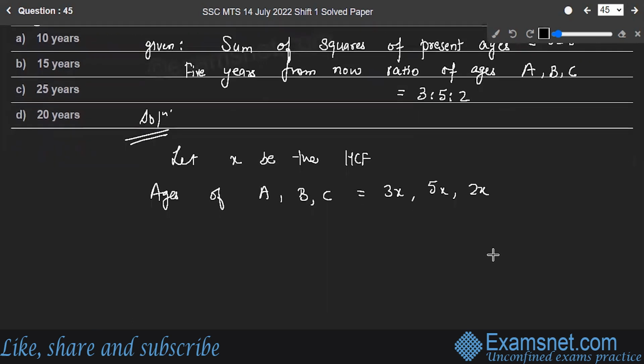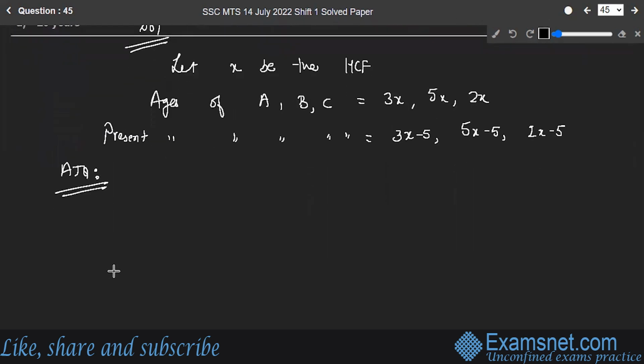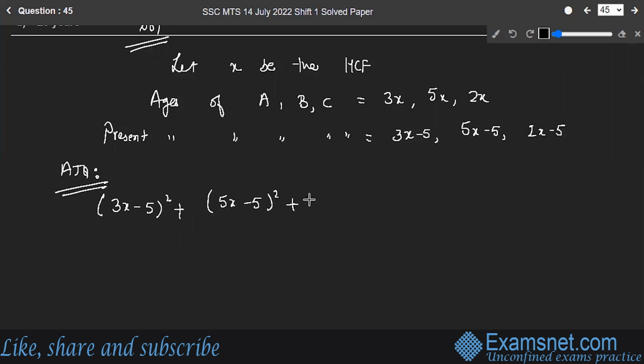So the present ages of A, B, and C will be equal to 3x minus 5, 5x minus 5, and 2x minus 5. Right? Now, according to the question, it is said that the sum of squares of their ages. So let's do the squares now. That means, according to the question, (3x minus 5) square plus (5x minus 5) square plus (2x minus 5) square